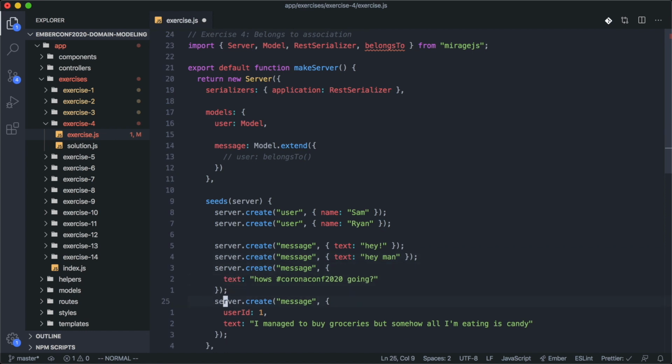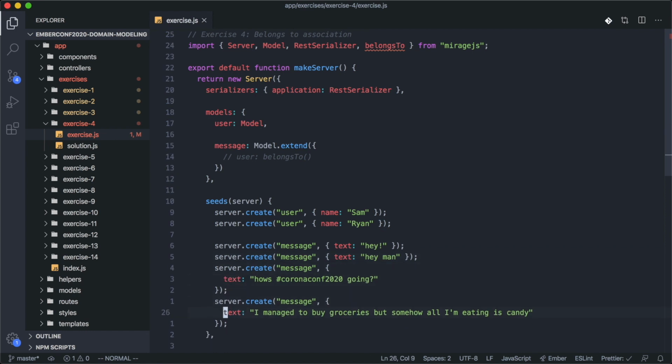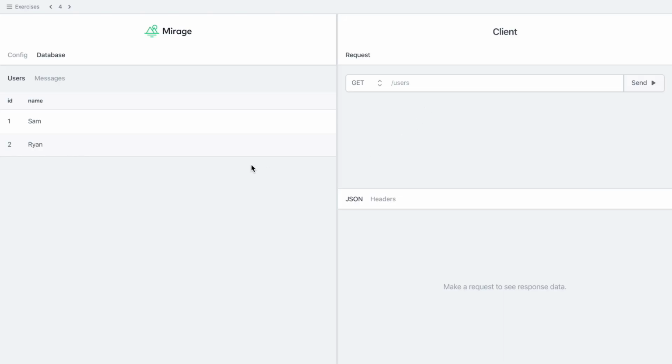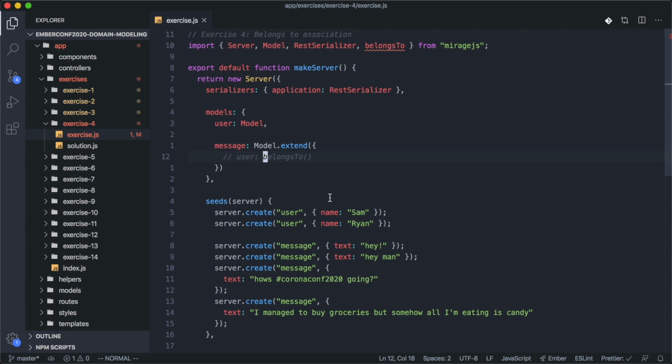And go back to just having messages with text, so you can see how this changes the database. So I've saved this, and back in the database, we're back to these unassociated records, right? Messages just have a text field and an ID. And now if we add this relationship to our message and save it,